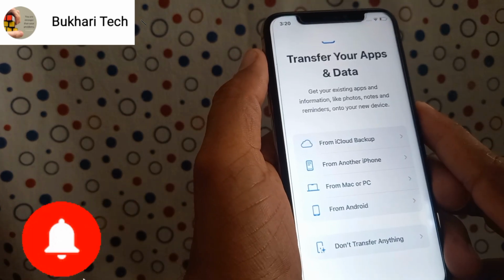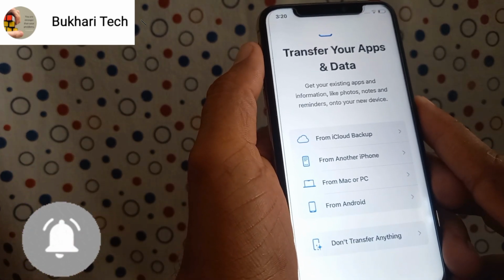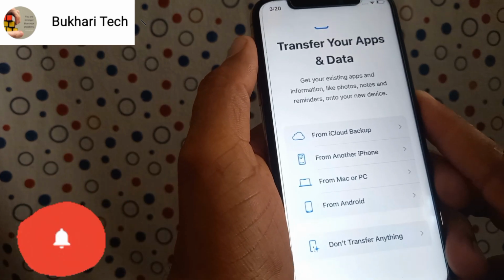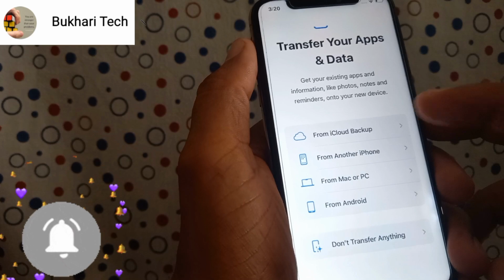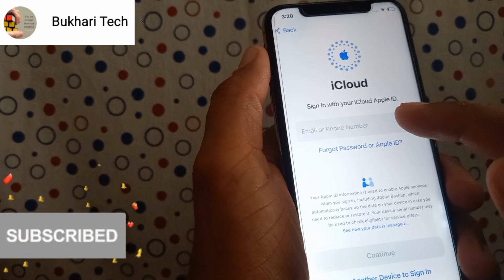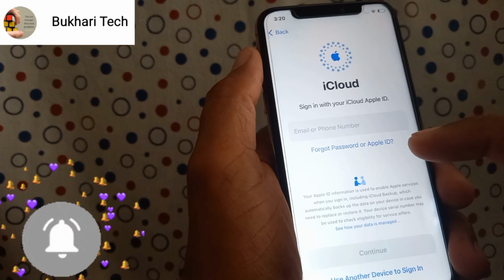So friends, if you want to restore your backup data, you need your Apple ID and password. So tap on From iCloud Backup. Enter your email and password.